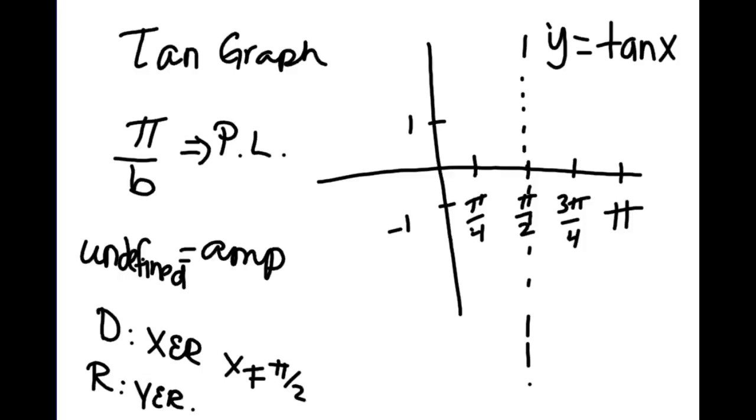And I always said that tan was the same thing as sine over cos. So right there I would have 1 over 0. Are you allowed to have that? No, it's undefined. So that's where that asymptote comes from. Your picture is never going to cross there because it's undefined there. So what your picture looks like is it basically crosses